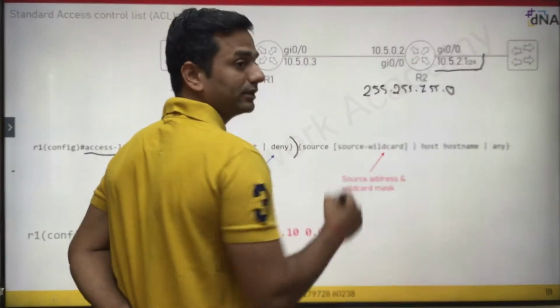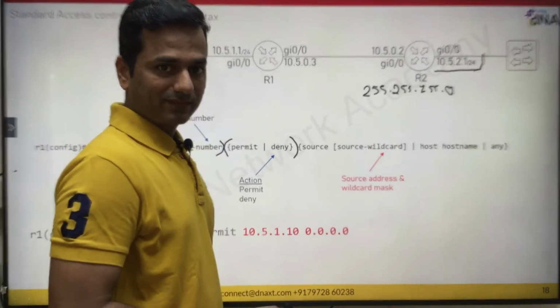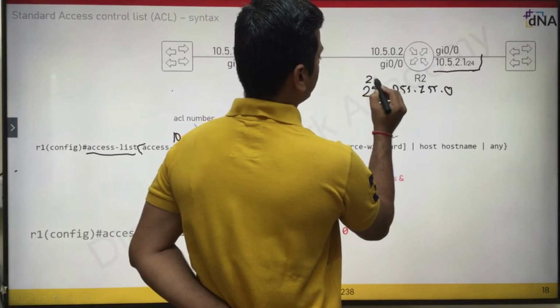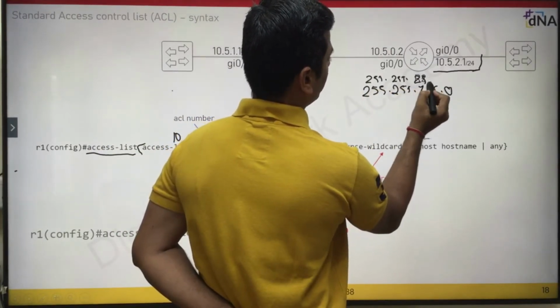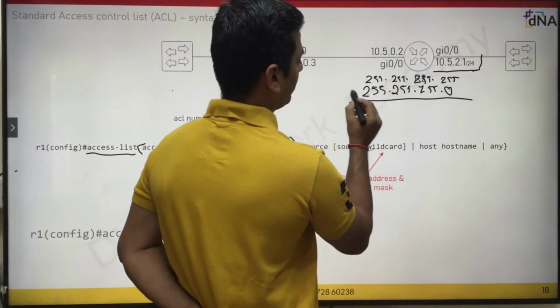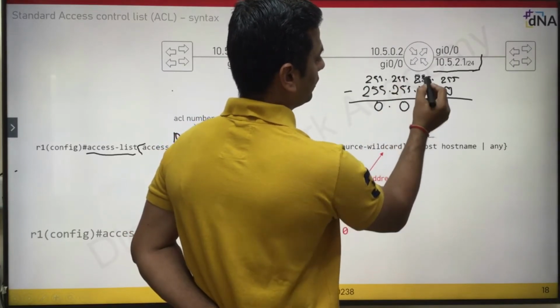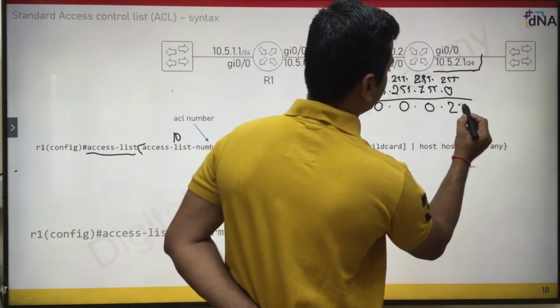So this is your subnet mask. How to calculate a wildcard mask? It's an inverse. Above your subnet mask, you write down 255.255.255.255. All bits should be 255. 255 minus 255 is 0. 255 minus 255 is 0. 255 minus 255 is 0. 255 minus 0 is 255.